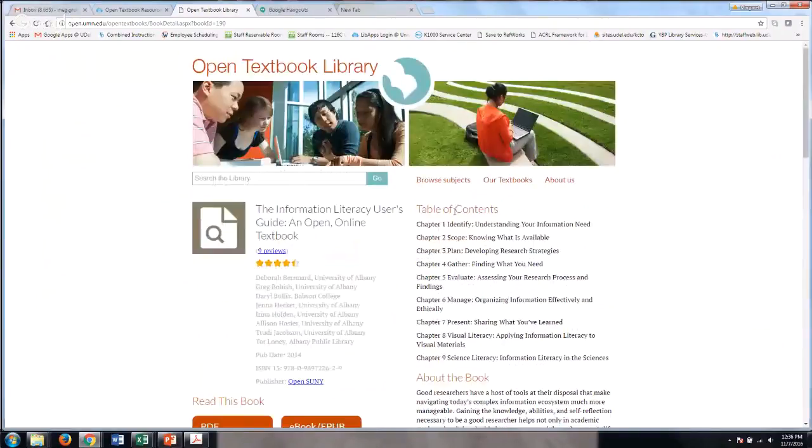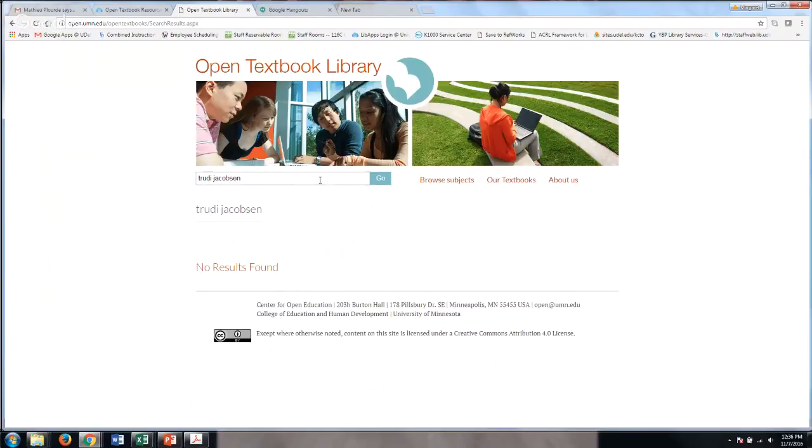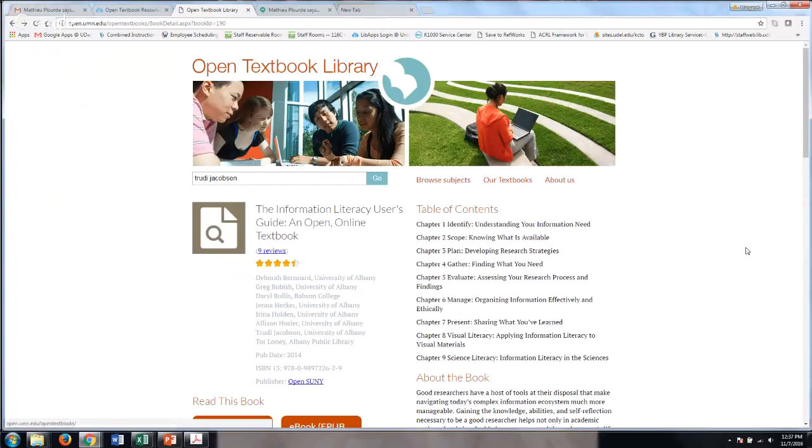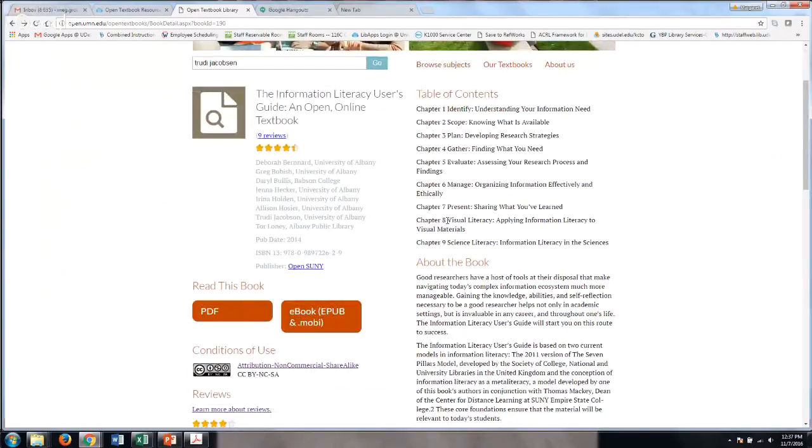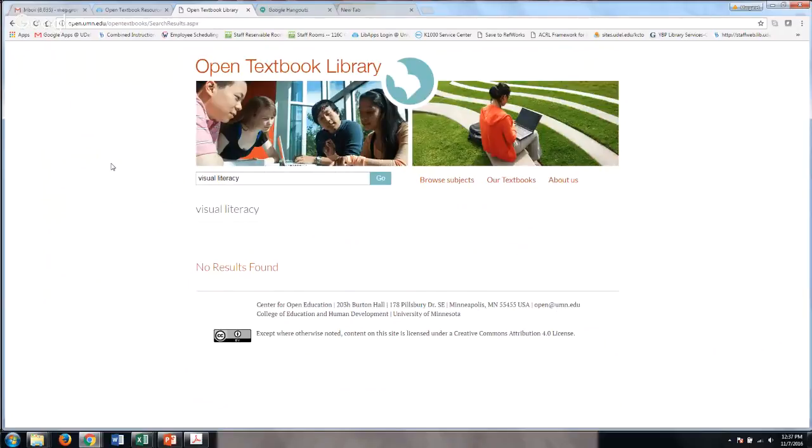Now, as far as some of the trouble of searching for open textbooks, if I were actually to search for the author, I would probably not have too much luck, even though she does have a work here. So that's one drawback here. And another is, I'm just going to hit my back button here, from this book, Visual Literacy, and I was curious as to what other books might have a chapter on visual literacy. I could not easily. So one thing to know is you're probably going to need to do some browsing and looking through tables of contents to see at a more granular level or an information literacy text that I could have looked at here, but I'd have to open them up and kind of browse through